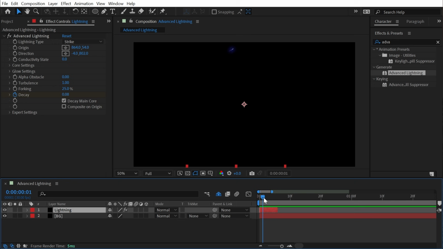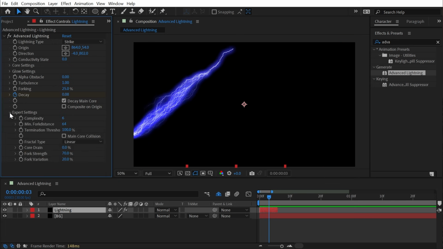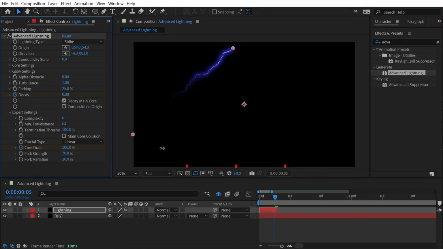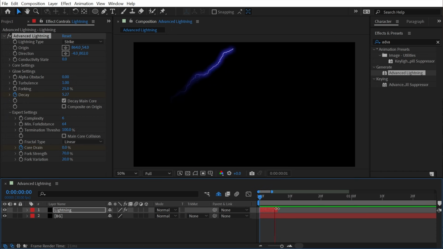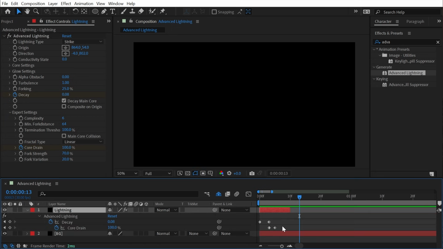Now that might have been a little too quick, and maybe I want to combine this decay property with the core drain. So if I go into the expert settings, set a keyframe on core drain, and then go forward a few frames and turn it all the way up, then it'll have a little bit more motion to it. And maybe that's still a little too fast, but I really want to encourage you, if you're trying to